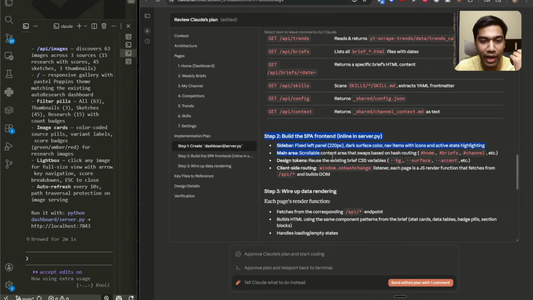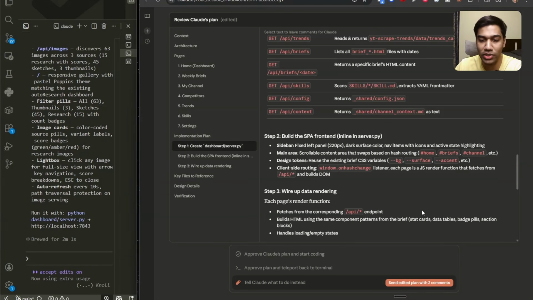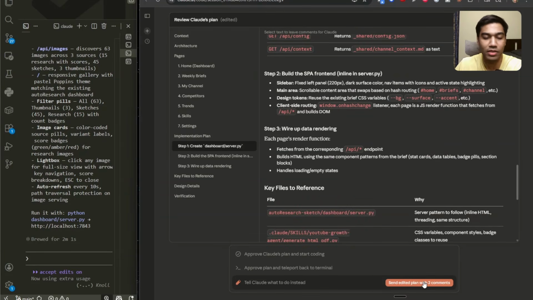So let's say I don't like the single page application. I can select this step, and let's say I don't like this option of what it's proposing. I can say, what would it take for us to build a better UI, right? And I can comment on that. And very simply now I can say send the edited plan with 2 comments. So I have given some emoji reactions, I've given some comments, and I can just send it all out, and it will be